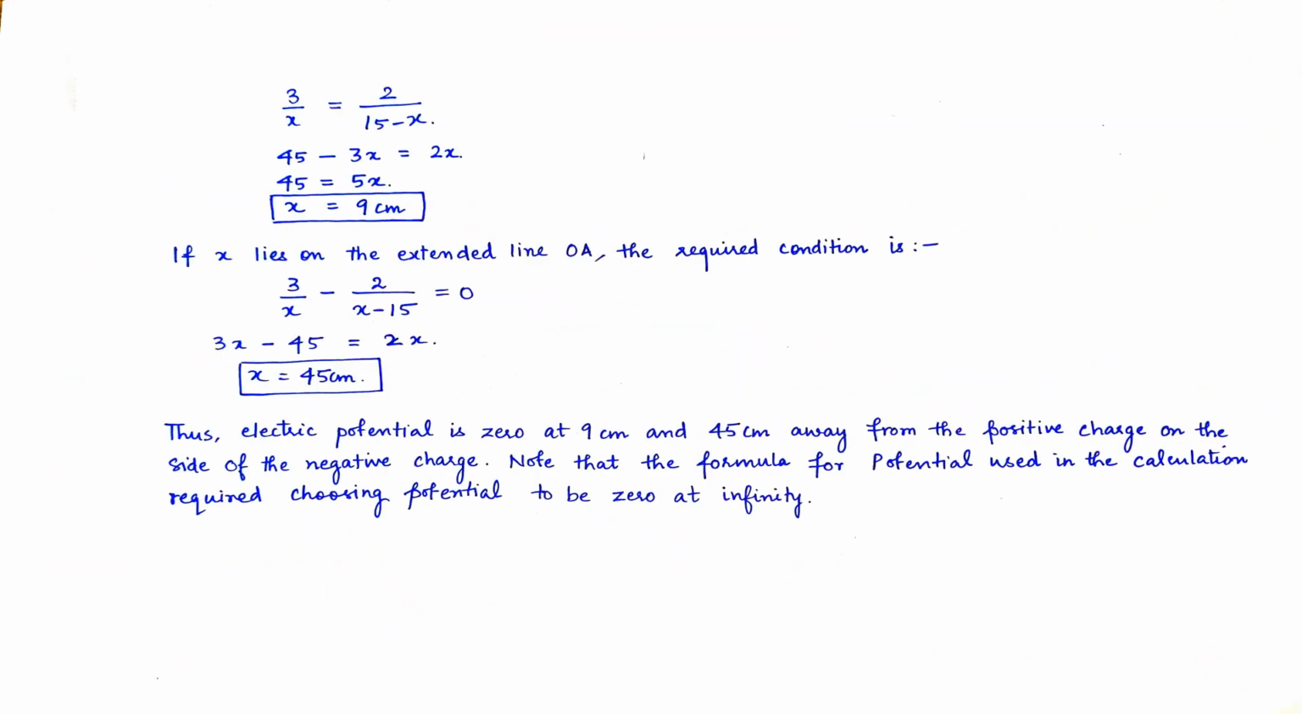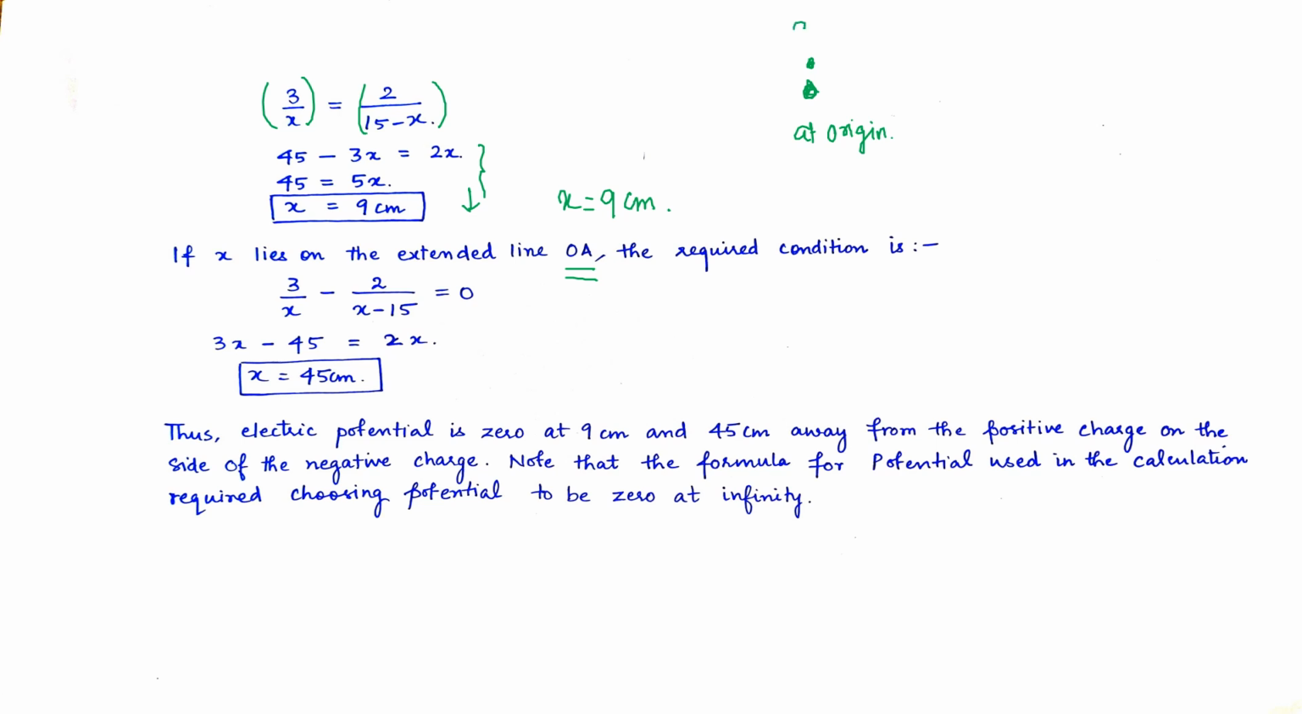See, this is how we are solving. 3 by x equals to 2 by 15 minus x, and after solving in the series we will get x equals to 9 centimeter. Now if x lies on the extended OA, what we have seen is that this is O at origin,